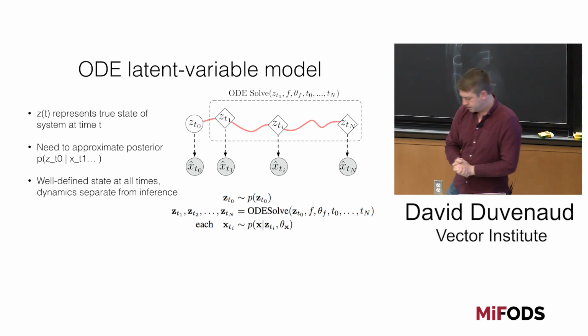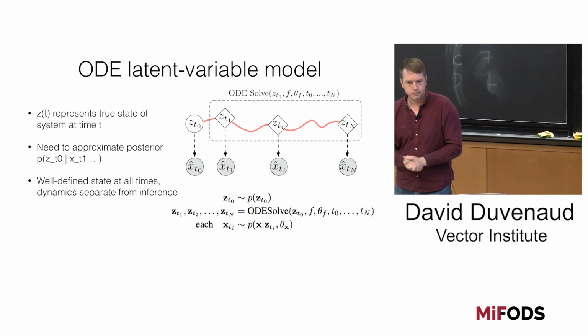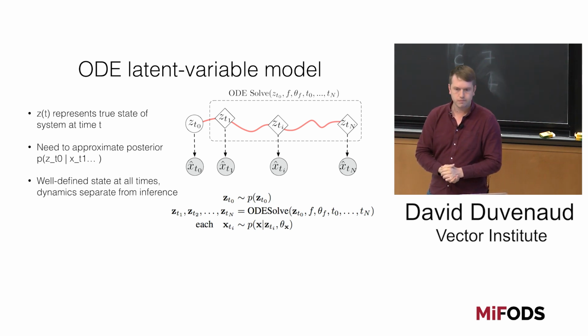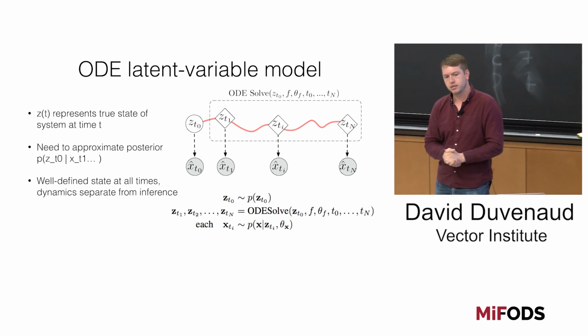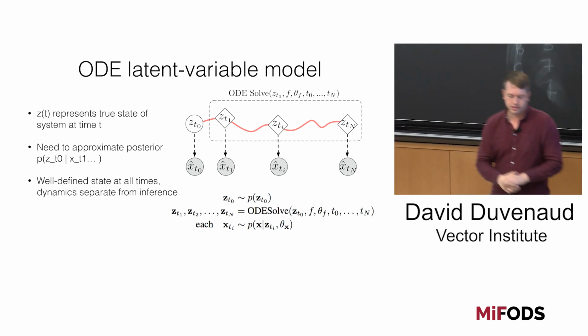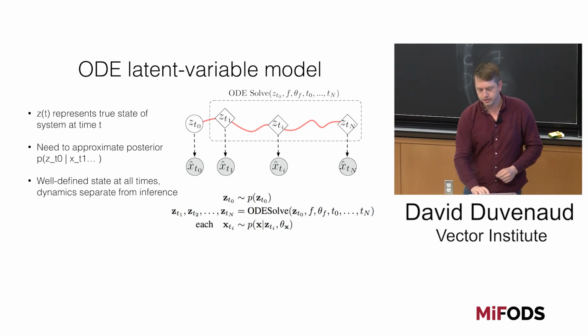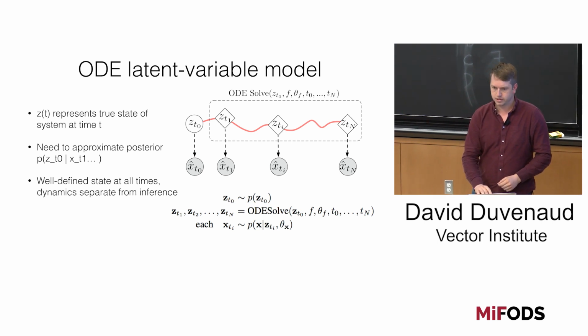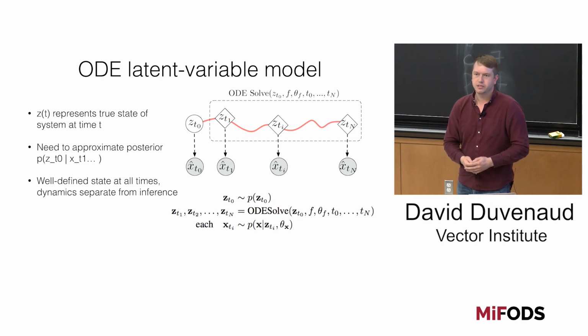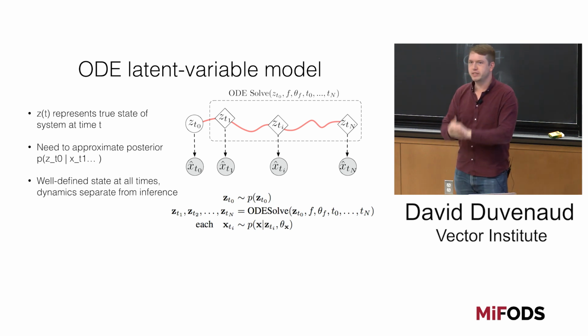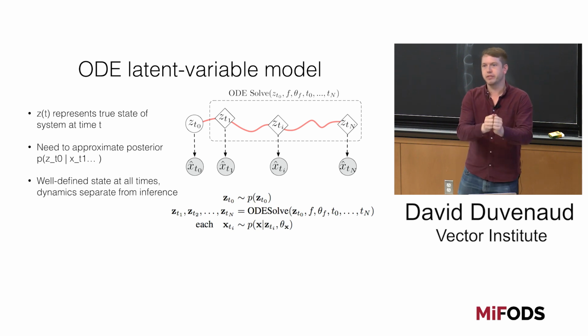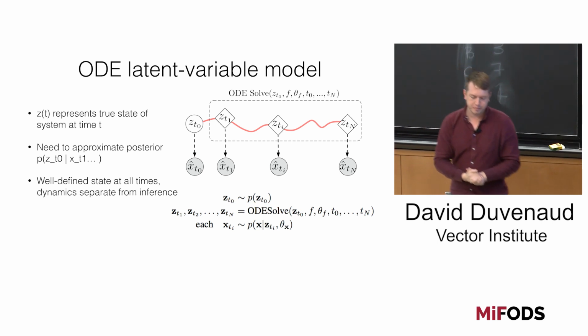So for your ODE solve process, since z of t1 to z of tn are all random variables, does this process handle the randomness? So the question is, does this process handle randomness in the z of ti's? No, conditioned on z of t0, everything is deterministic. And I think you guys should already be saying, well, this is obviously not going to be the end of the road because this is a silly model, right? We don't usually think of modeling someone's physiology as being completely determined at birth by their genes or whatever.